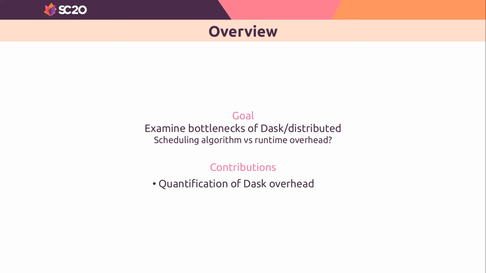Our contributions include a detailed quantification of the overhead of Dask, where amongst other things, we show that for some workloads, having a clever scheduler is not that useful if its runtime efficiency is low. We also present RSDS, an open source Dask server alternative that provides better scaling than the Dask server in common workflows, has a swappable scheduler that facilitates experiments with scheduling algorithms, and it is also backwards compatible with existing Dask